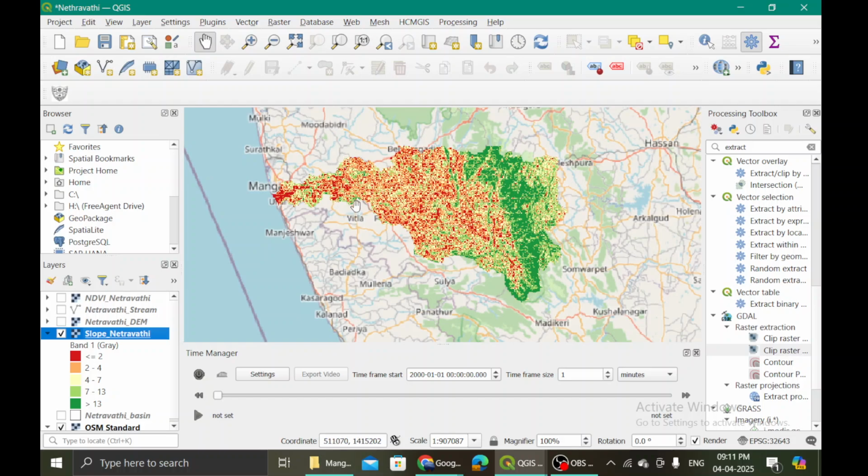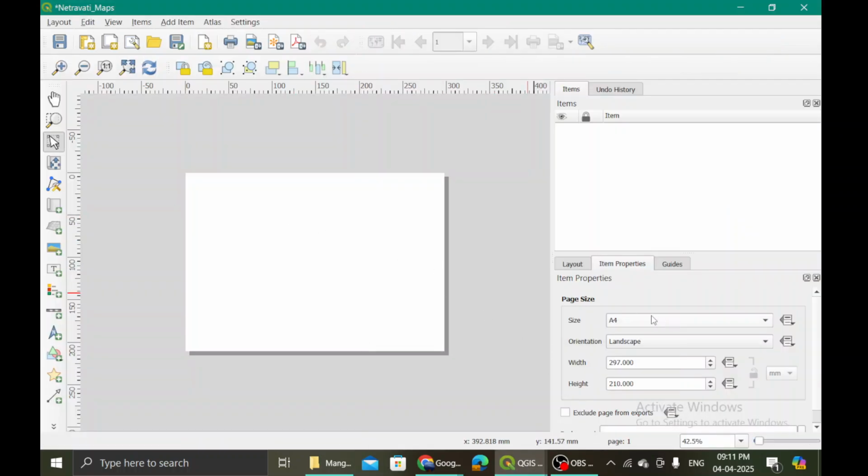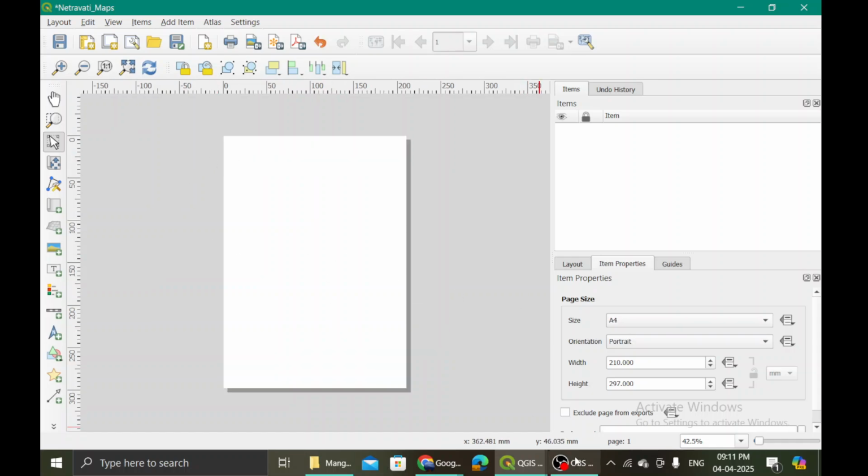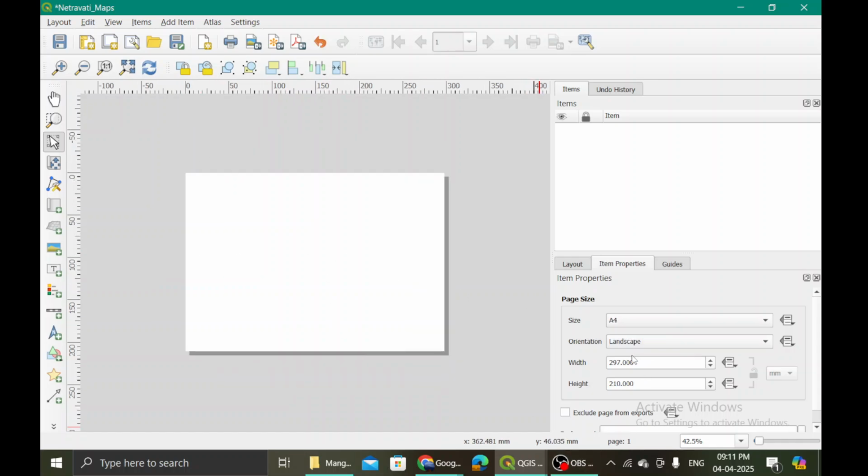However, if it is north south running, if its longer dimension is north south, we can go ahead for preparing portrait mode, right? That helps you in creating a map that is very well legible. Now, these are the standard width and height for A4.